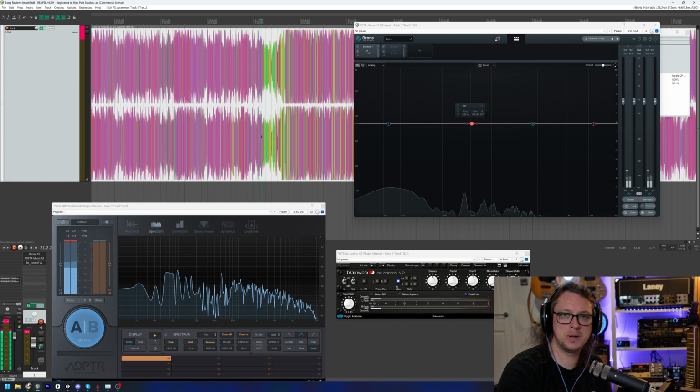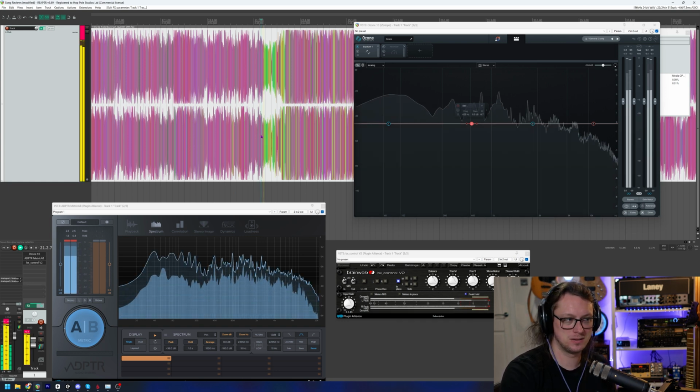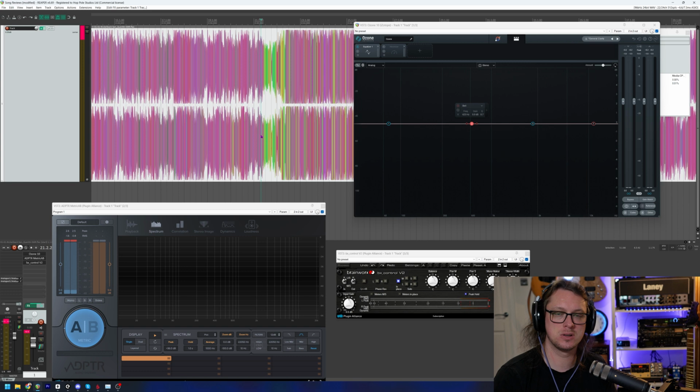And then there's not been a lot of super low end in the guitars, but maybe it's in here as an automation thing. Because that is kind of providing a pulse. Where it's probably not in the guitars in the rest of the track because the bass guitar is carrying it and you don't want the two to get confused, but...